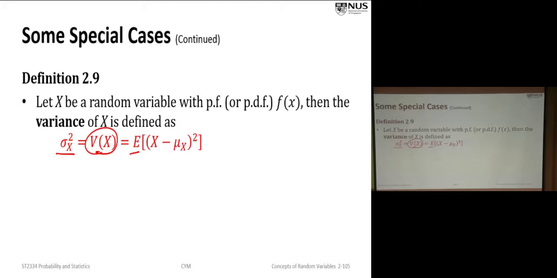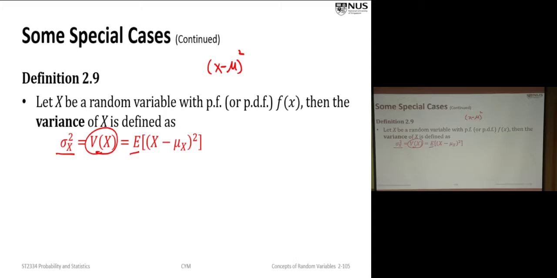Okay, there are a few things here. First of all, what does that mean? It basically means that I look at the difference between the particular x value and how far it is away from the center, which is denoted by mu x. Look at the difference x minus mu x. And in fact, I not just look at the difference, I square the difference, to make it bigger if the difference is big.